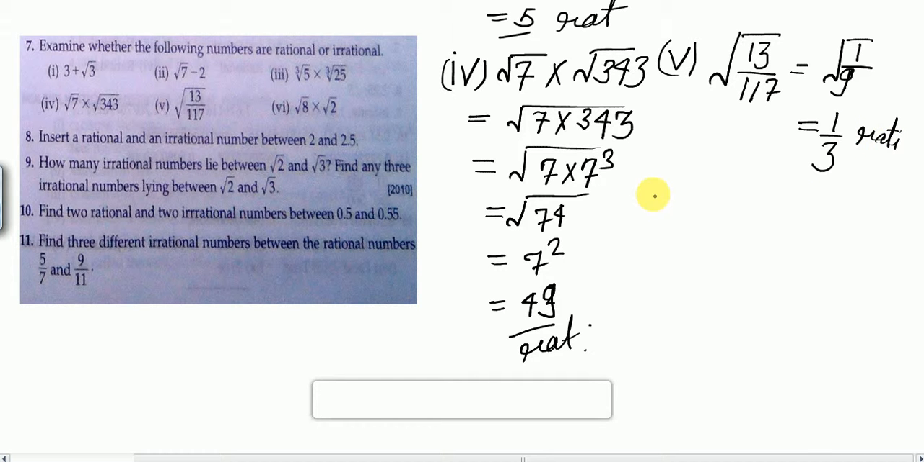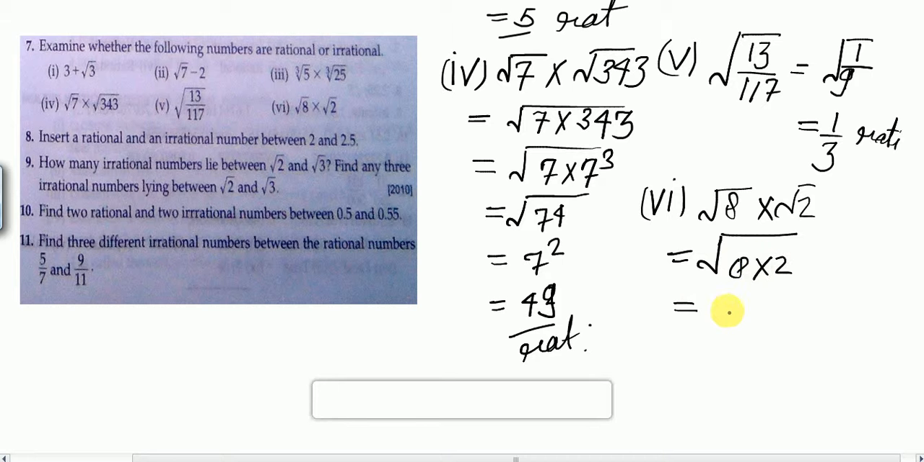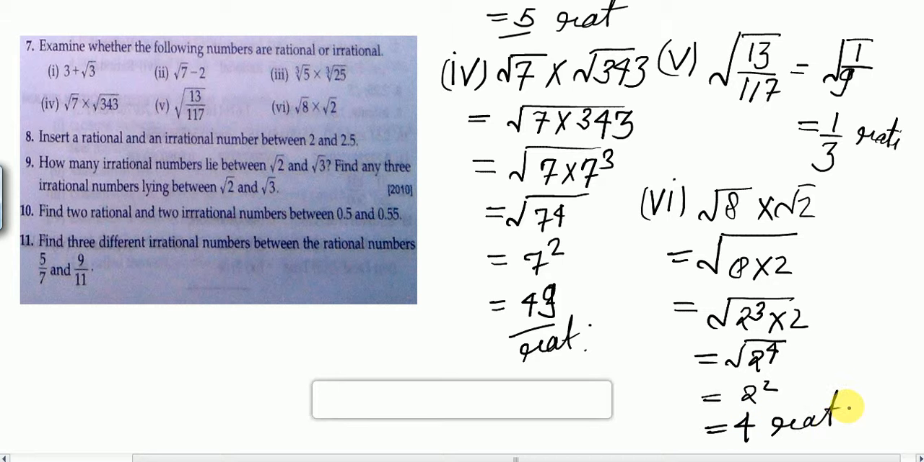And the last one, 6th, is under root 8 into under root 2. This can be written as under root 8 into 2, and this can be written as 2 raised to the power 3 into 2, which is 2 raised to the power 4, and under root gives 2 raised to the power 2, which is 4, which is rational. Okay friend,